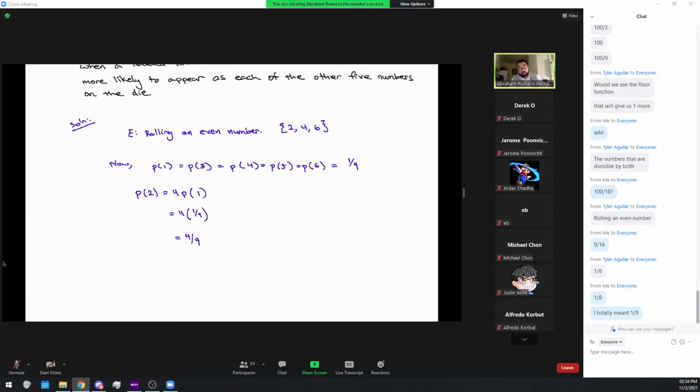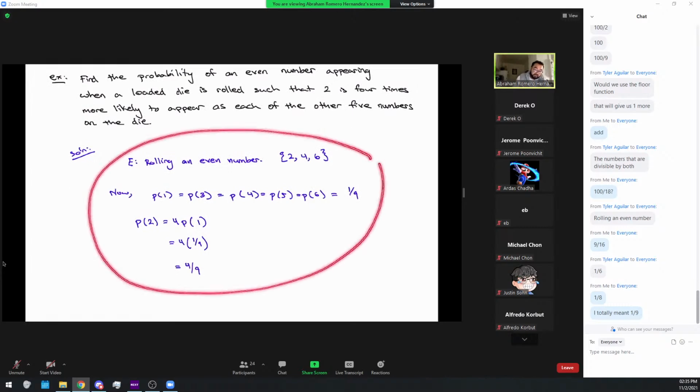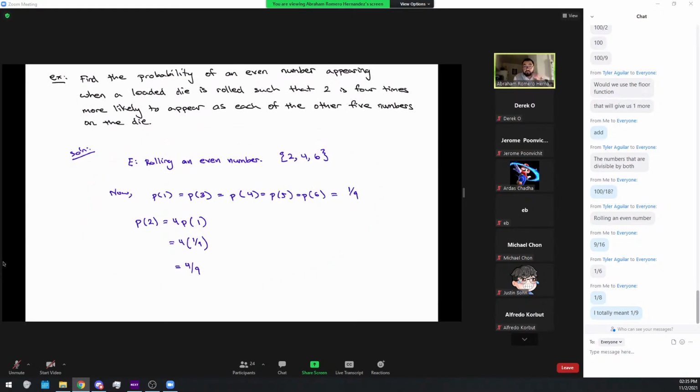Does that part make sense so far? And we're not done with the problem. We haven't even answered the question yet. Or the statement, actually, because it's more of a statement. We haven't answered the statement yet. Any questions on any of this part first? You can write out the sample space if you want as well. It'll be 1, 2, 2, 2, 2, 3, 4, 5, and 6.